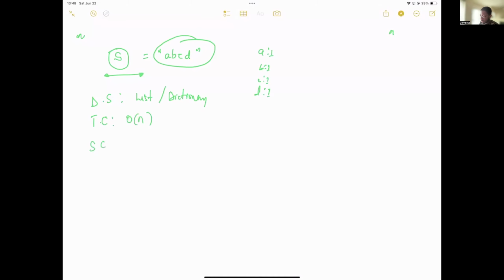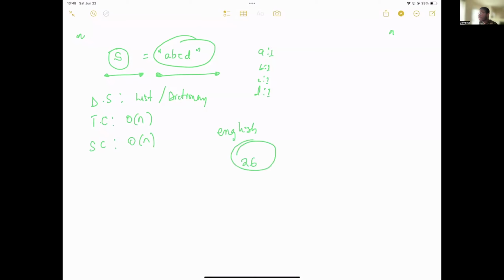What's going to be the space complexity? Space complexity, O of n. O of n, good. Now, this may be the case, this may also not be the case. Why? If you get a question like this in an interview, you have to consider the bounds or the type of characters that can be in your string. If they tell you your string is going to be composed of only the English characters, the alphabet, how many alphabets are there? 26.